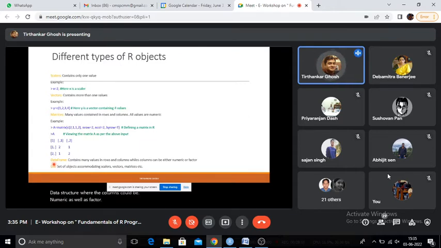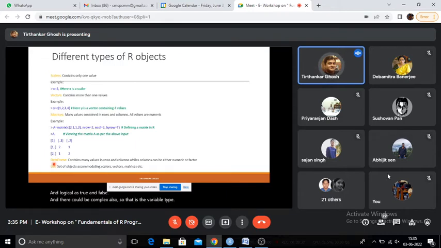What is a factor? Types of variable could be numeric, factor, that is character, I mean qualitative character, and logical as well, like true and false. And there could be complex also.